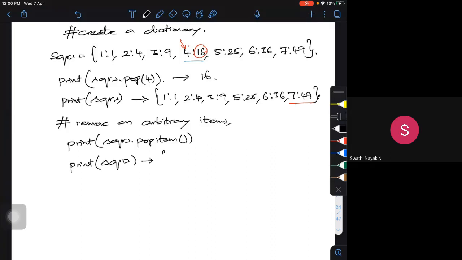It will be 1:1, 2:4, 3:9, 5:25, 6:36. This is the output. If I want to clear all the items, use the clear command. If I want to delete the dictionary, use the del command.